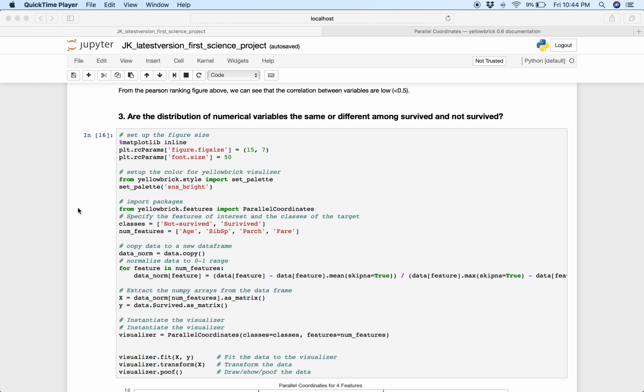And so, for this step, we're actually going to be using a very cool Yellowbrick visualizer, parallel coordinates. So parallel coordinates quickly is a visualizer that takes the features and plots them evenly along the x-axis, and then takes each instance. So in this case, the features are things like age and sibling, fare, that kind of thing, and it plots